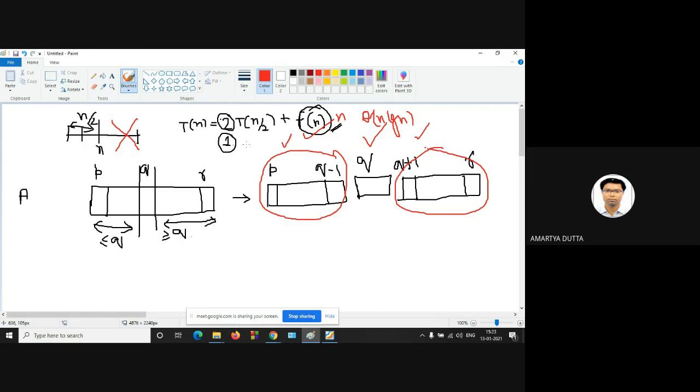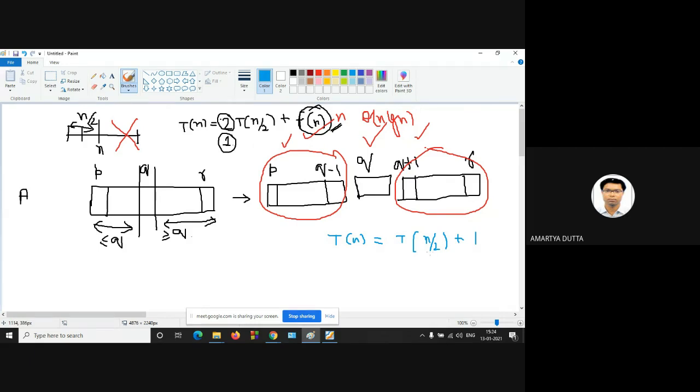So f(n) is constant in case of binary search, and T(n) = T(n/2) + 1.